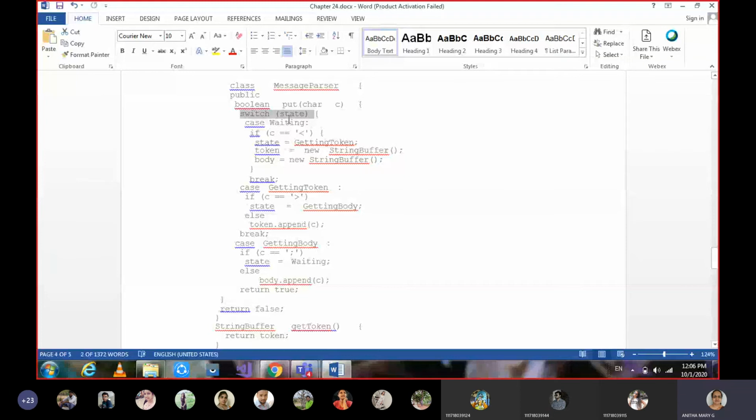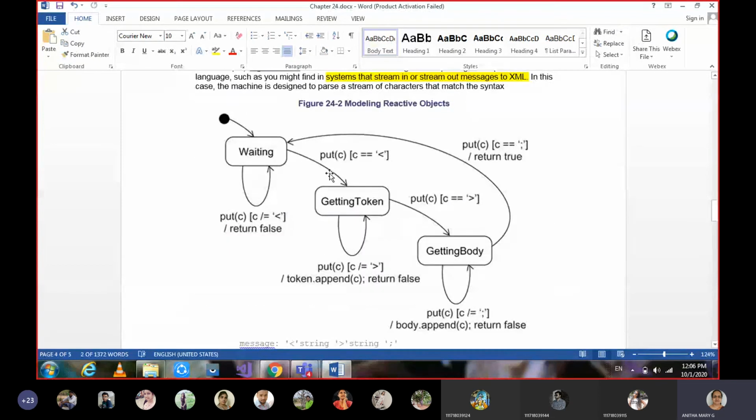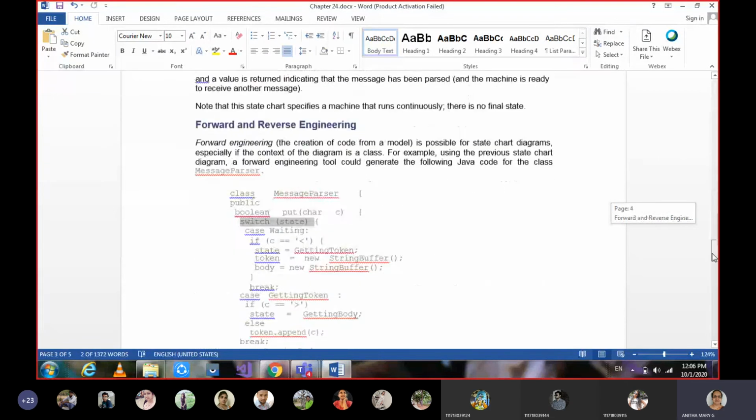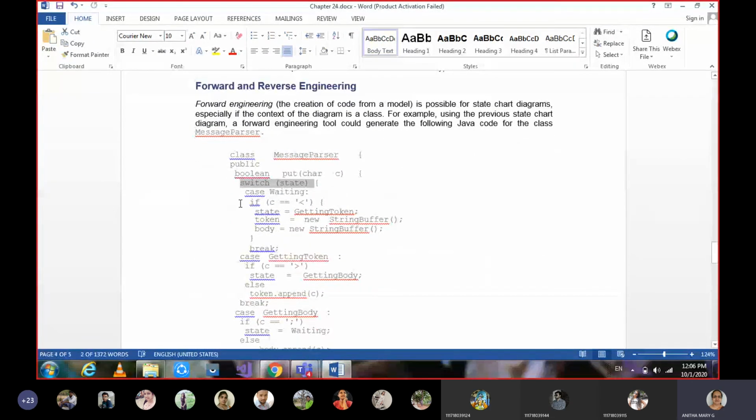Okay, and when we come across the waiting state, it is case waiting. When it is equal, what exactly it has to perform, what is its state, what is the token given to that, and what is the body. So that is what we are performing. In the waiting state, what is the token given, what is the condition satisfied there, and how the control is passed to the next one. So that is the block of the waiting state.